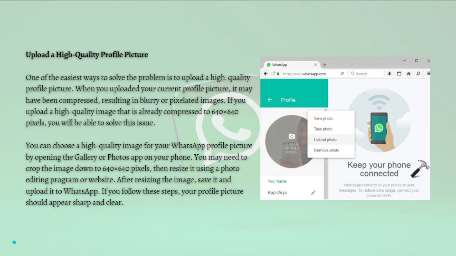First, what you can do is upload a high quality profile picture. One of the easiest ways to solve the problem is to upload a high quality profile picture. When you uploaded your current profile picture, it may have been compressed, resulting in a blurry or pixelated image. If you upload a high quality image that is already compressed to 640 by 640 pixels, you will be able